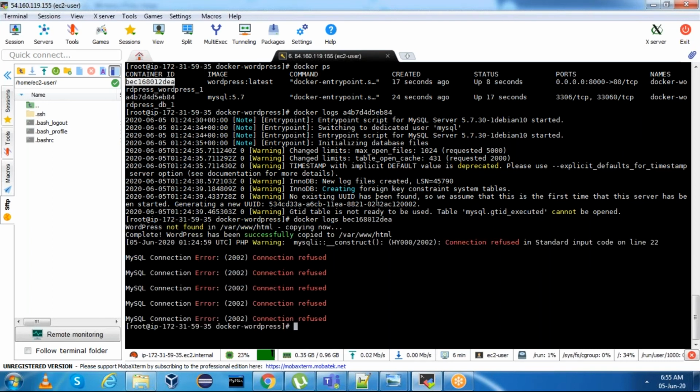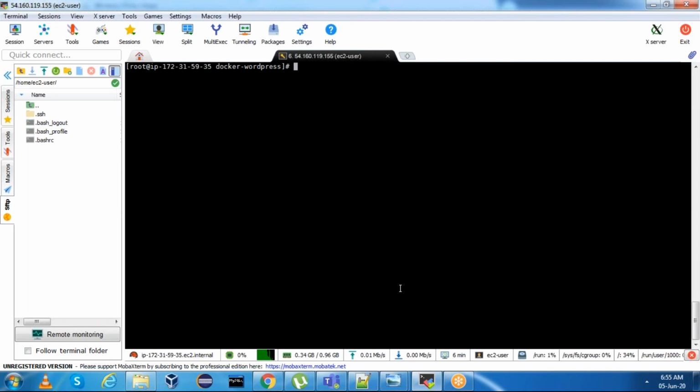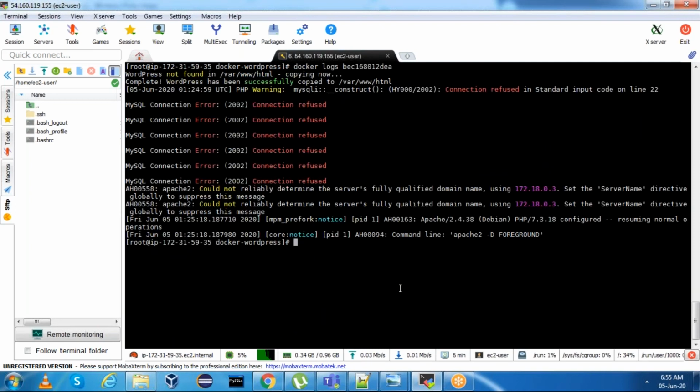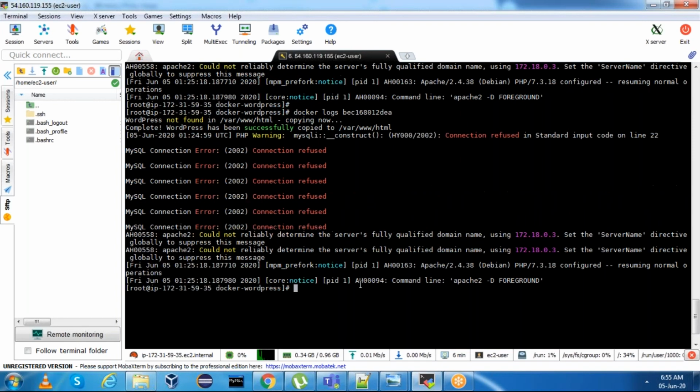This is the WordPress container ID. If you see, initially it is connection refused. We'll see now. This is fine.